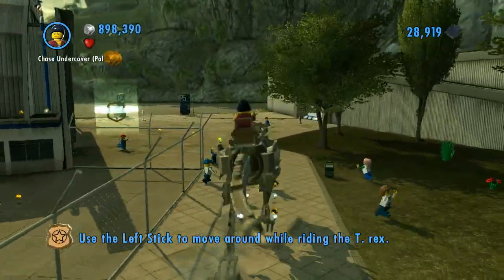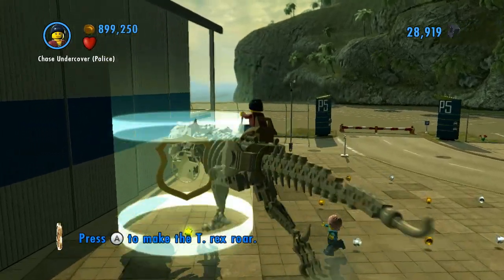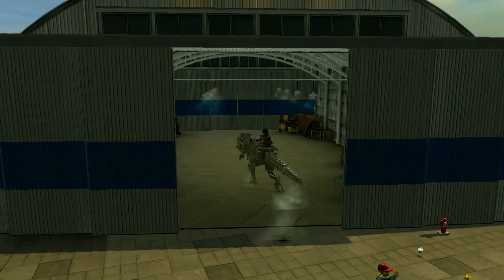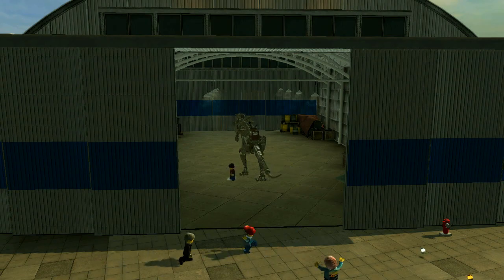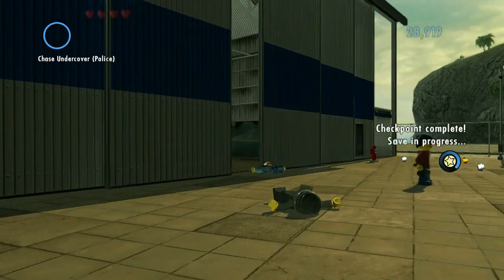So you take the T-Rex into a hangar, which once I do something, everybody will know. Let's not check the hangars or anything. It's not like we have a million people watching where it goes. And that looks like the end of part 1. Yes. The T-Rex